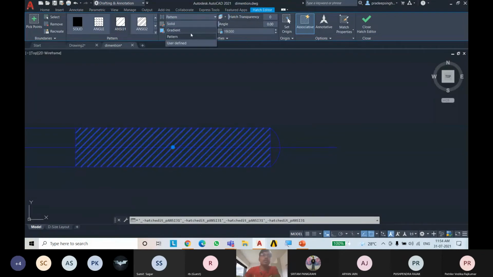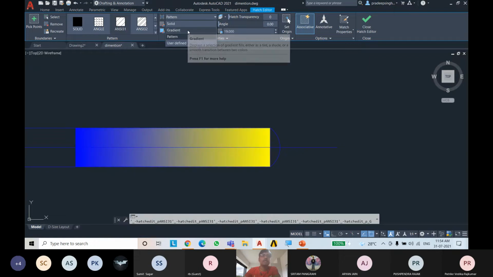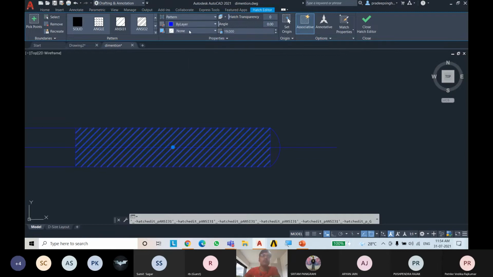You can also change the pattern, like gradient. If you put on gradient, it will be a solid color. If you click on pattern, it will show your pattern. You can also change the angle of these lines by going to angle, deleting the value, and pressing enter.